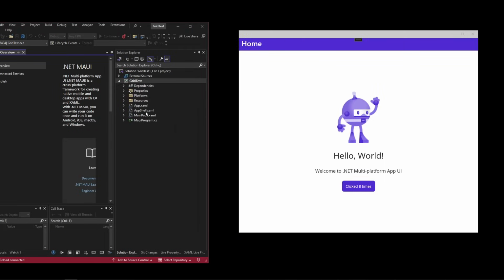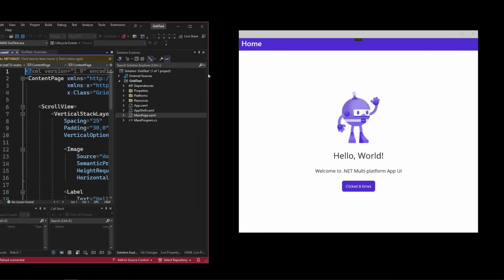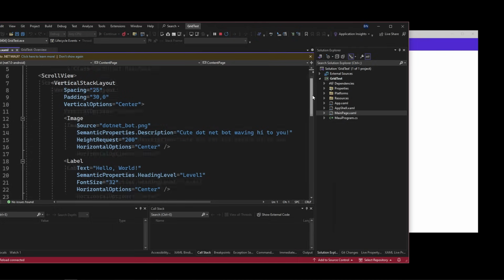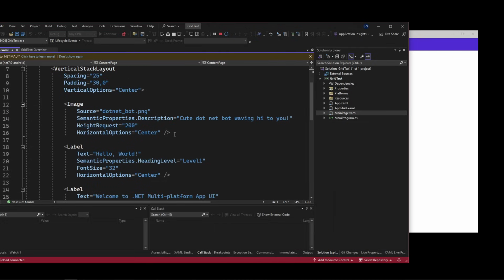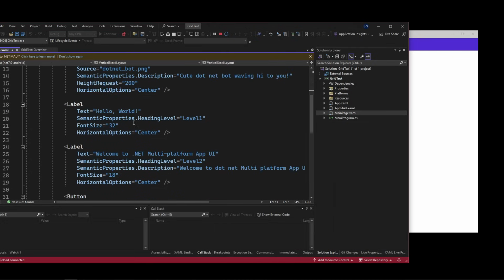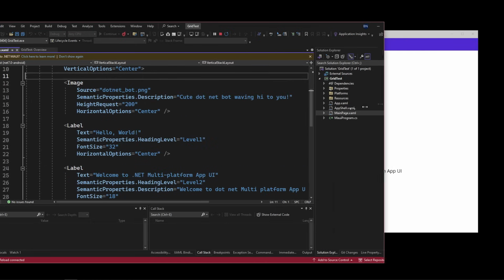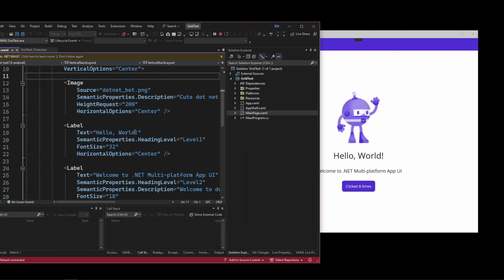We have a few different files here in our project. We have a C# file that's the main starting point for the program, and then we have a few different XAML files. And if you're not familiar with XAML, it's an XML-based user interface definition, domain-specific language. If I click into mainpage.xaml, you can see several things, such as a scroll view, a stack layout, and then here are those sample pieces that they put in, like this image, the label for Hello World, and the button down here. So if I go ahead and modify Hello World,